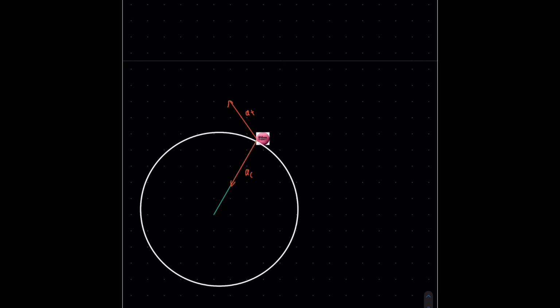Now, the tangential acceleration points along the tangential direction, and the tangential direction is the same direction as where the velocity goes. So we can state that there. Now, what differentiates